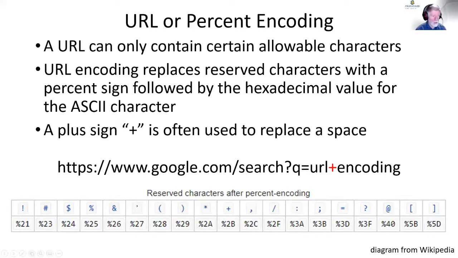Down here at the bottom of the screen, you'll see reserved characters. Those are characters that you're not supposed to put in an HTTP command. But you can send them if you hide them as percent encoding. What you see here is the character percent followed by the 2-digit hexadecimal index for the ASCII character. And so we can see that a plus is a 2B. So if you type percent 2B, it will arrive at the other side, which will decode it, and it will